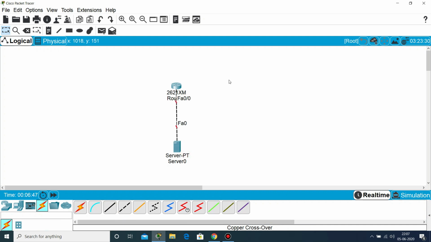After this, what I need to do, I need to simply assign IP addresses on both of the devices. So first I write here what IP I want to assign here. So I want to assign this IP here, and on server I want to assign this IP.